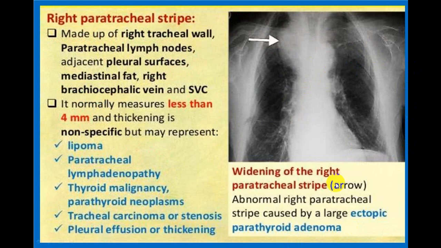Now if you see here in this particular X-ray, now I can see the right dome of diaphragm here. Left dome of diaphragm I cannot make out. Right atrium I can see, right hilum, superior vena cava, and in a paratracheal strip there is a shadow here. So there is some structure which is related to the mediastinum. So there is a widening of the mediastinum. I cannot make out the border of this particular shadow and border of the mediastinum. So this is related to mediastinum. So this is a widening of a mediastinum.